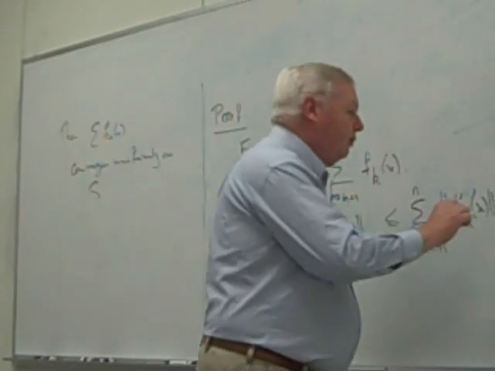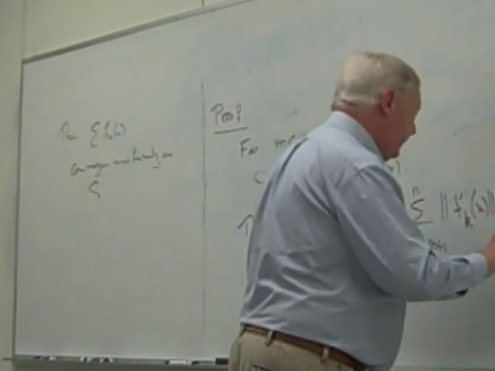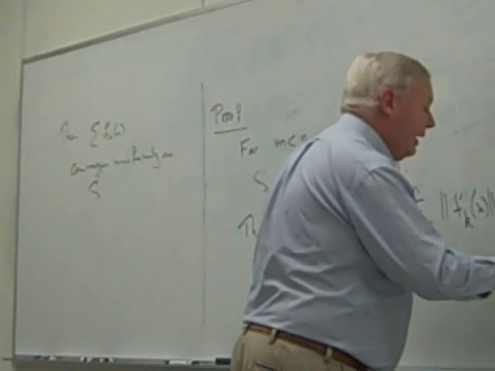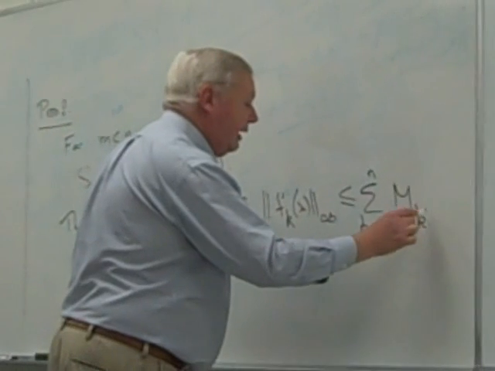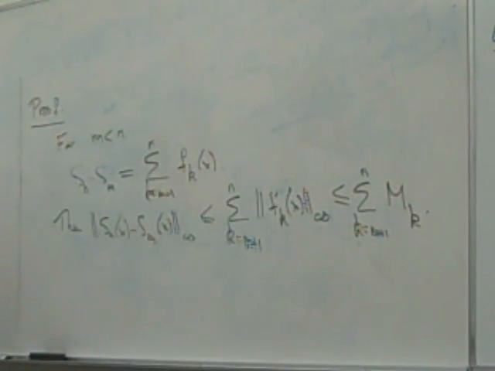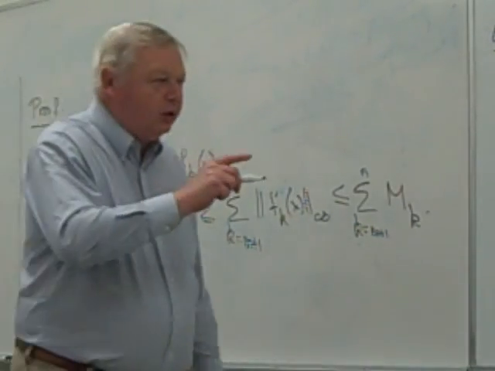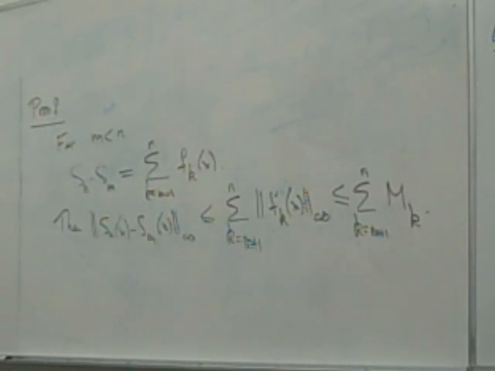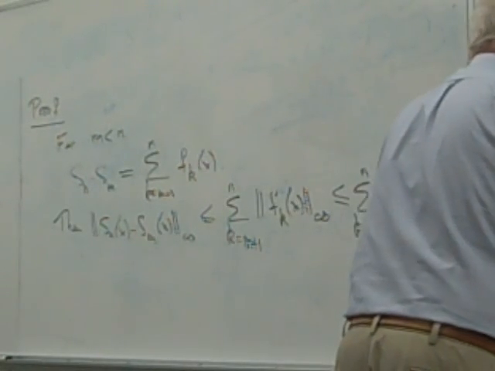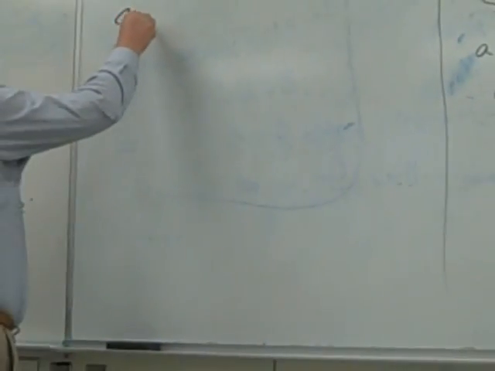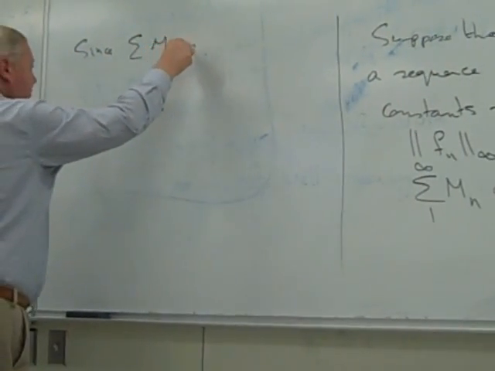So this is less than or equal to the sum k equals m plus 1 to n of the M_k's. Now that last term is simply the difference between the nth and the mth partial sum for the series sum of M_k. Since that is convergent by hypothesis,